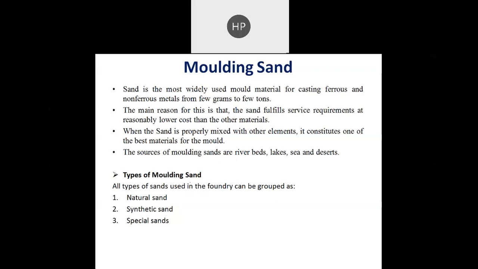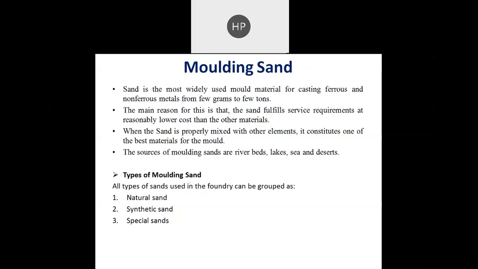The various sources from where we can get molding sands are river beds, lakes, sea, and deserts. So in this sand casting process, we have to mix that sand with other elements like clay and water. And when they are mixed properly with each other in a certain proportional ratio, then it constitutes the best material